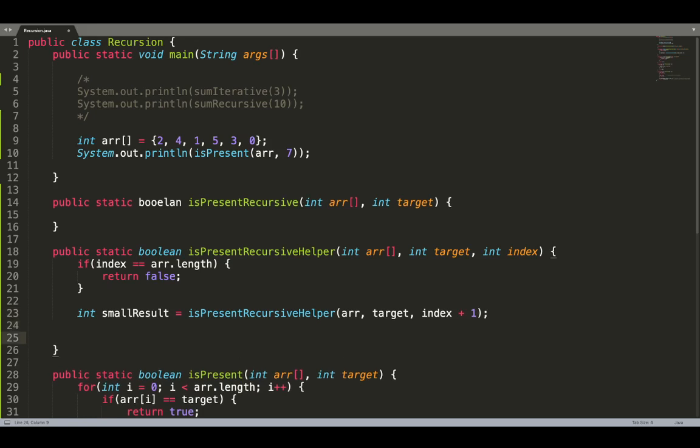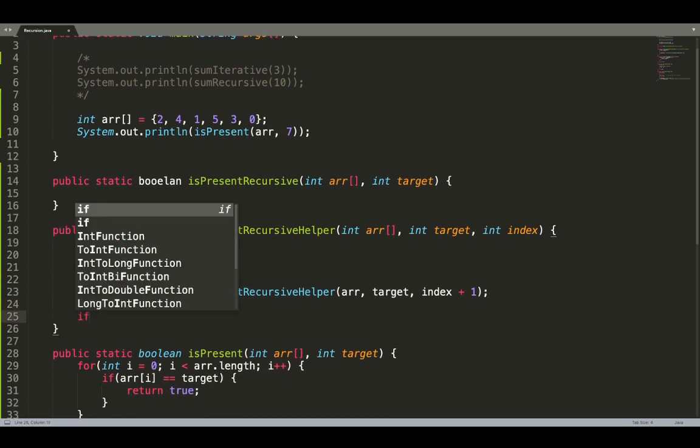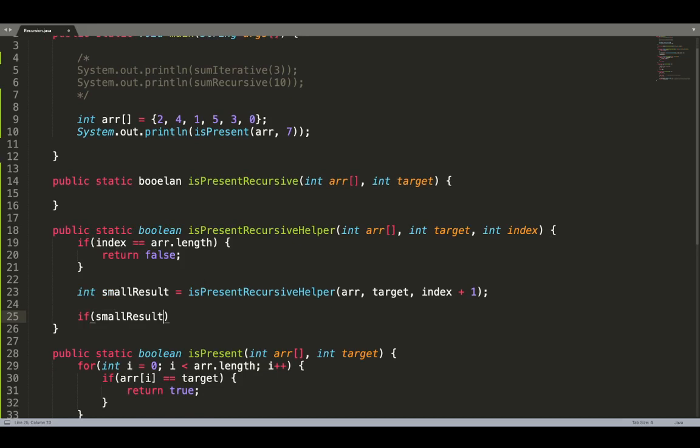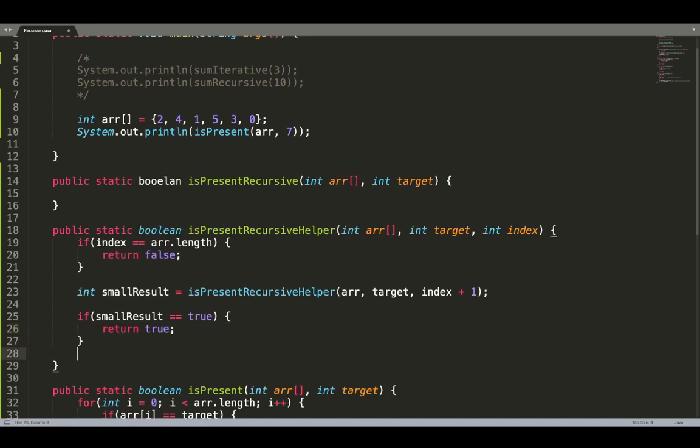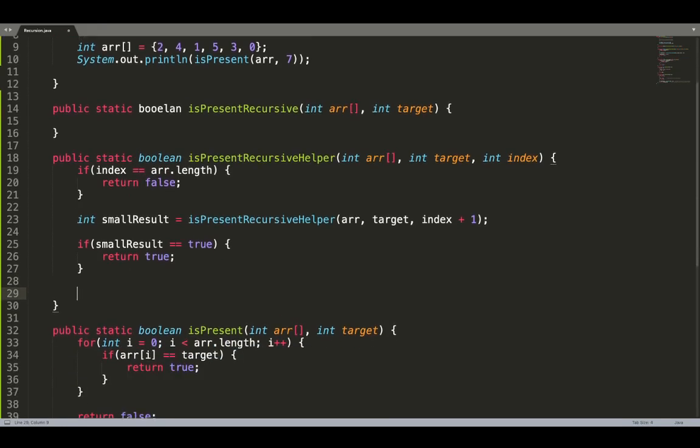Now I know whether this value is present in the rest of the array or not. Basis on that, I will decide what I have to do. So if small result is equal to true, then I don't need to do anything, I can directly return true. Otherwise, if I was not able to find this given target value in the rest of the array, then I